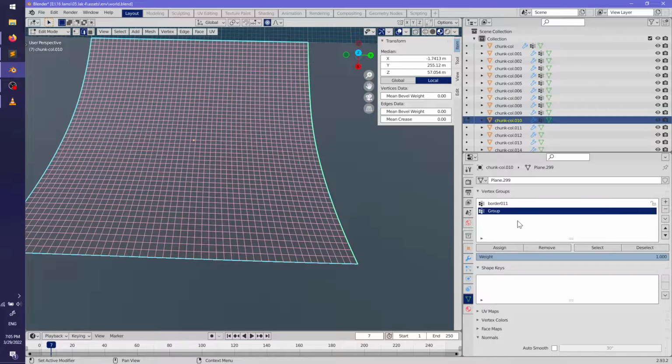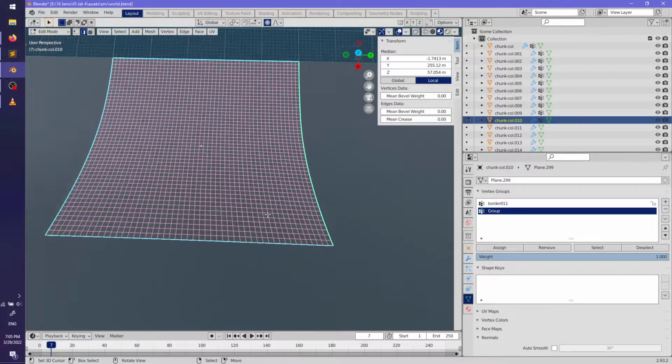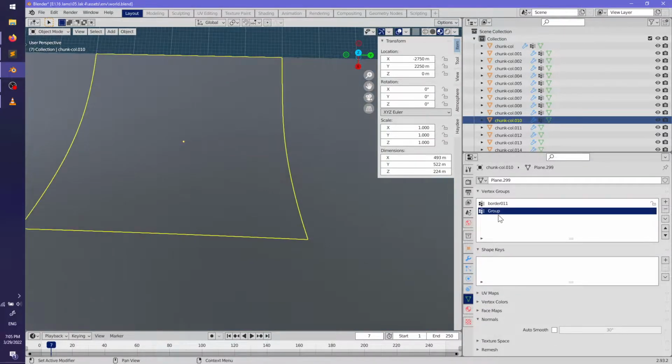So it decided it doesn't want to do anything anymore. Blender's done. Yeah, it got tired of that. It doesn't want to edit. It's decided that it doesn't want to do that anymore.